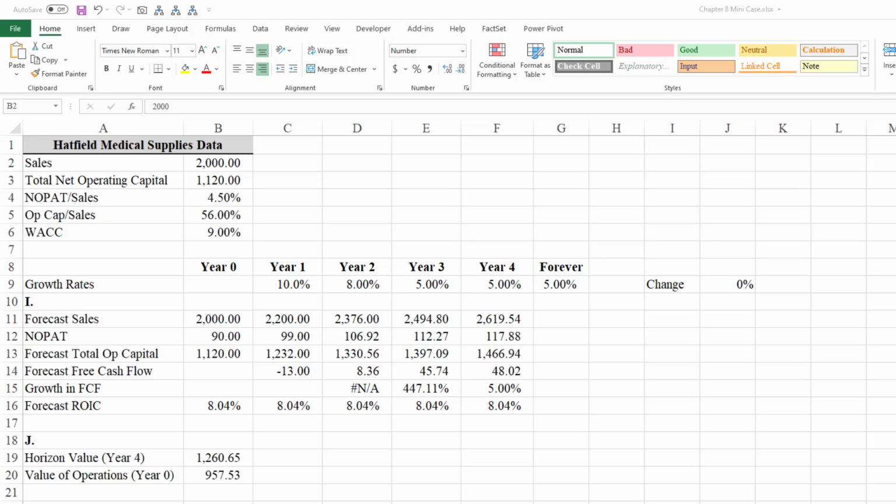But you would expect that those two values would be the same. Okay, or at the very least, that the value of operations would be greater than the value of the total operating capital. But that's not the case. And the question is why? And the answer is,